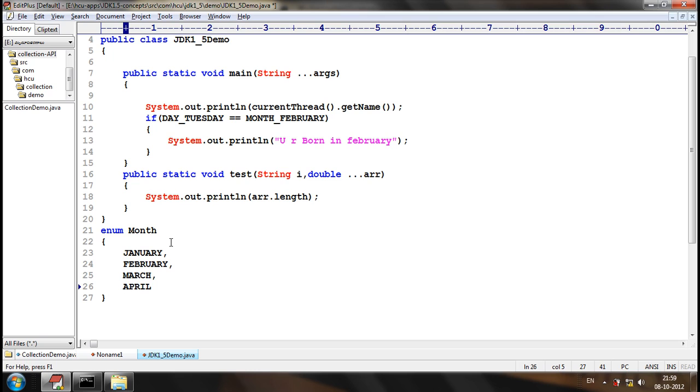The enum constants of an enum should be in uppercase because they act like constants. Any constant in Java should be in uppercase, whether it is a final static constant or an enum constant.